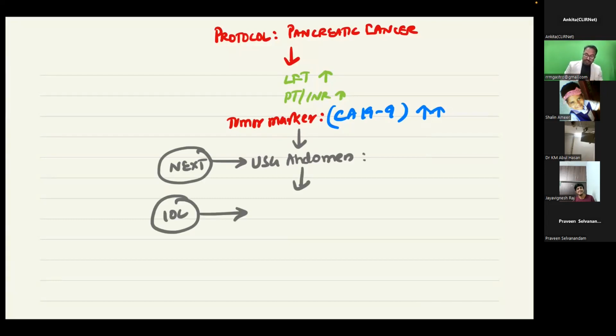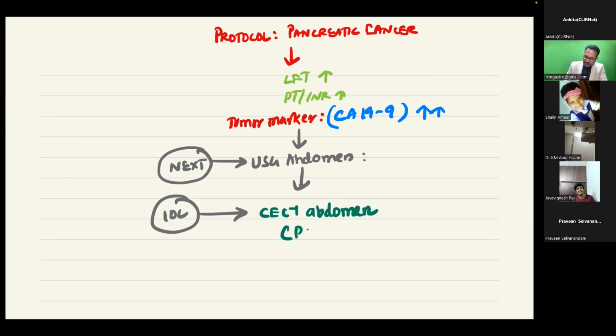This is where a clinician plays a major role, because if you just mug up, you cannot understand the concepts. You have to understand and read the disease. You have to see a disease in your ward. When you go to the ward and there is a pancreatic cancer patient, go and see what investigations are done for them. For pancreatic cancer, the investigation of choice is CECT abdomen,